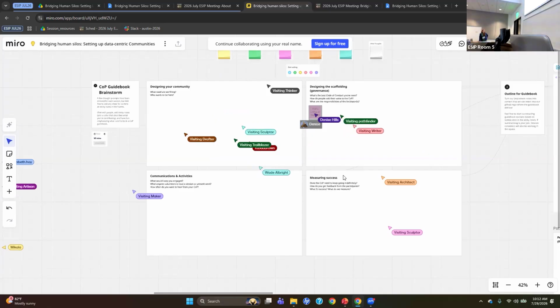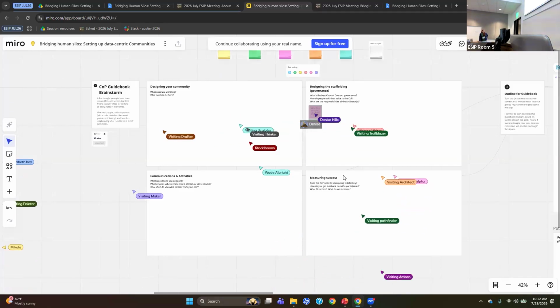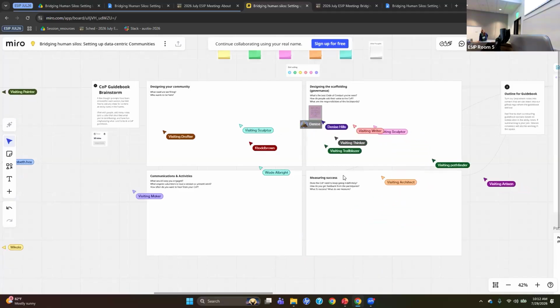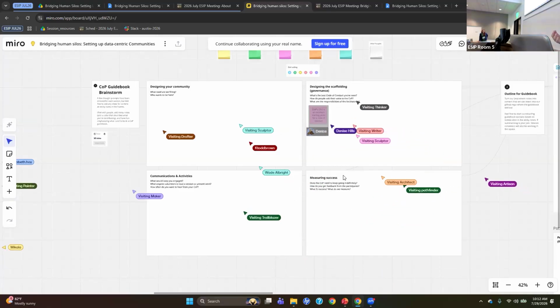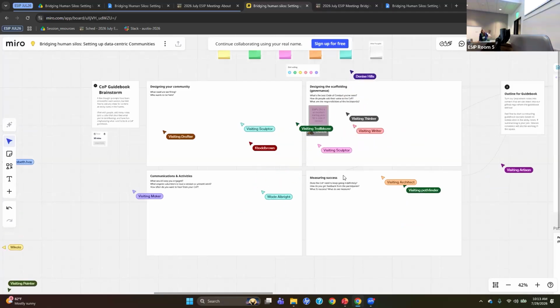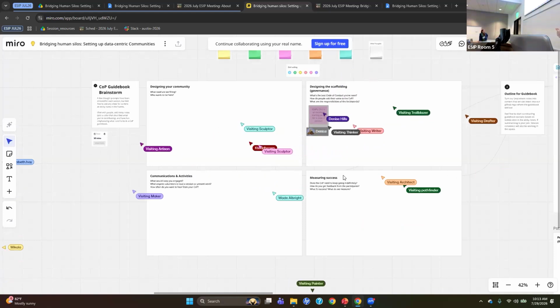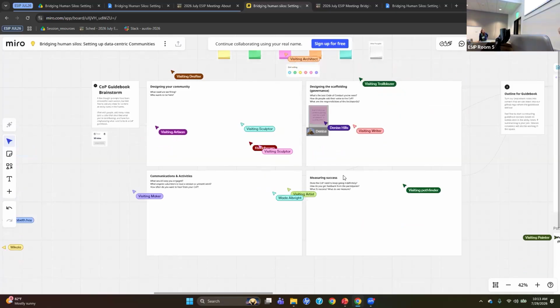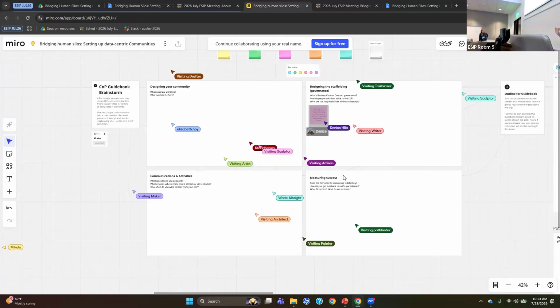Designing the scaffolding, that was a phrase we came up with aside from just governance, but that's very important. Like, what is the code of conduct? How do you form that? What are the communications and activities, that interaction that you have with people in the community of practice? What is the cadence of what that could be? The activities, do people want workshops? Do they just want a place to come connect with each other and talk through hack day kind of projects?